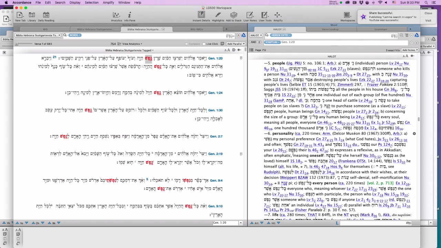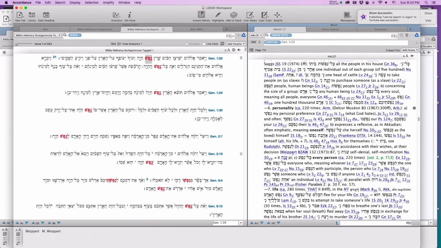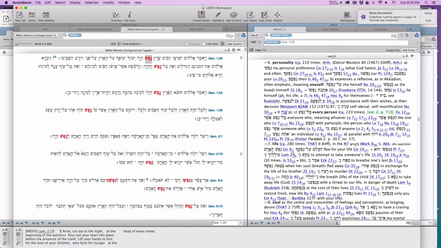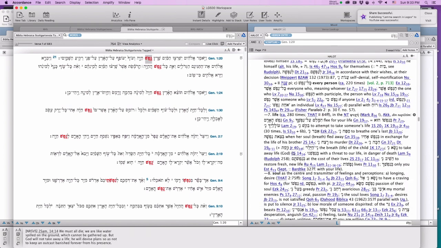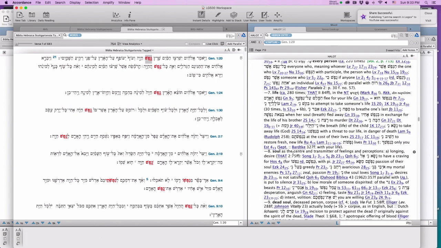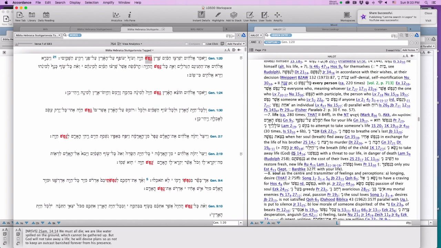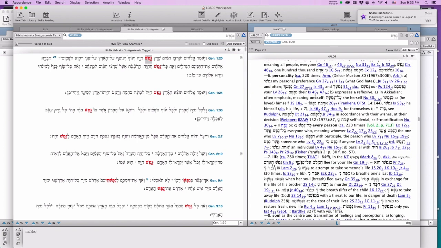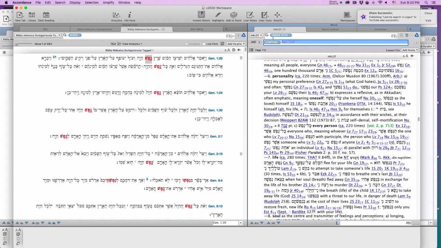Okay, and you can see that that's pretty much most all of what you want to pay attention to. It's a lot to wade through, but you can kind of go down, and if you're looking for a particular context, you can kind of skim until you see the Bible verse. It's a lot of work, but it can pay off. Now, if you're looking for a verb, let's do a verb like